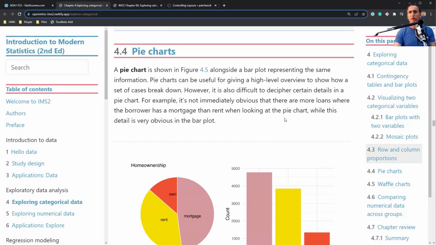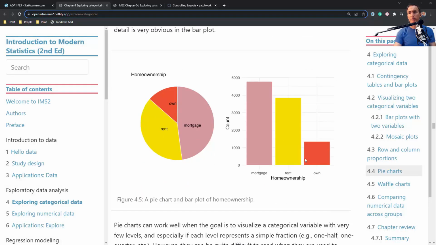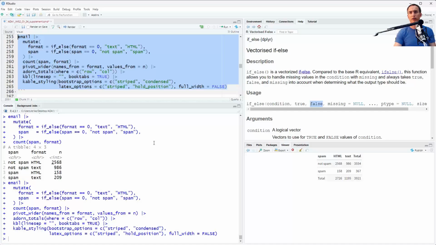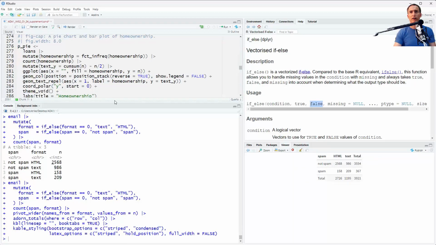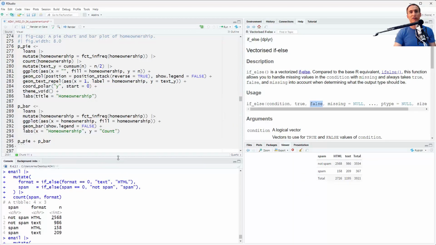Let's keep going. Pie charts. Never make a pie chart. Always make a bar plot. All right, let's go down there. A pie chart. There is a very interesting way to look at a pie chart, which is that a pie chart is a stacked bar chart in polar coordinates. Right, polar coordinates